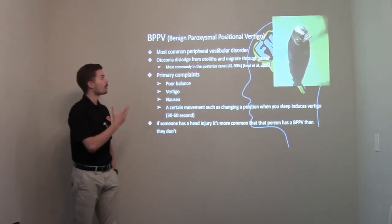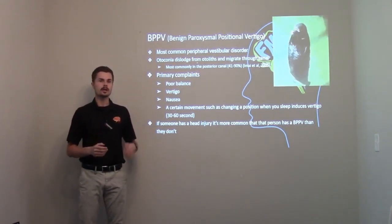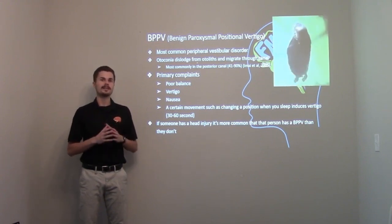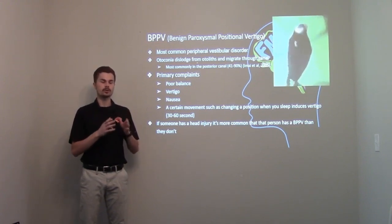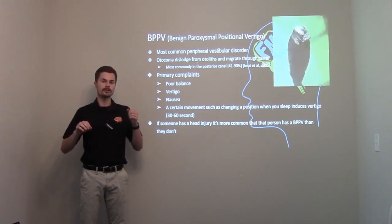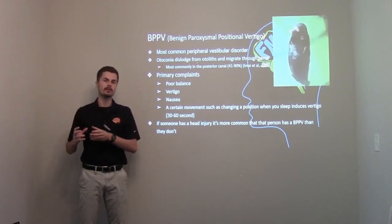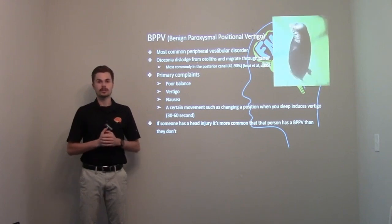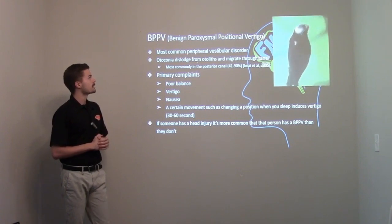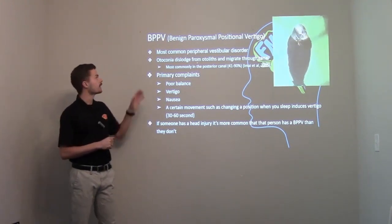I'm going to be talking about BPPV, which is the most common peripheral vestibular disorder. When we talk about peripheral versus central disorders, when I say peripheral, we mean any pathology or disorder that happens in the vestibular apparatus or in the vestibular cochlear nerve. Anything past that in the brainstem, in the vestibular nuclei or the cerebellum, is considered to be a central vestibular disorder. Okay? So BPPV stands for benign paroxysmal positional vertigo, meaning that benign,